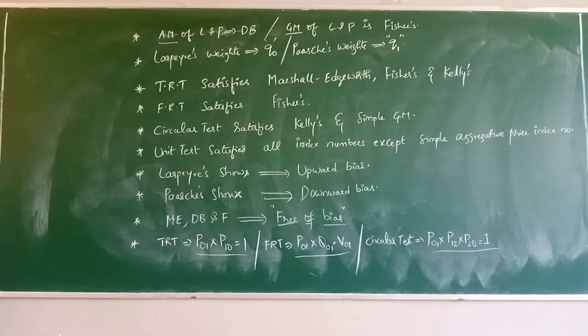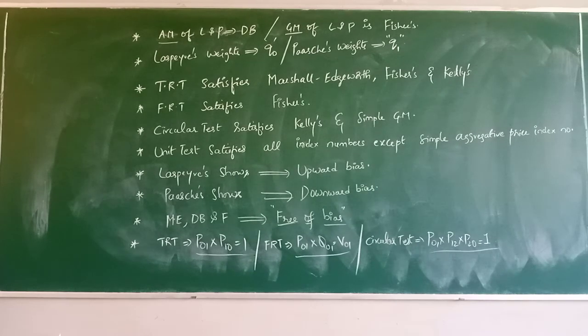Do not write the formula. After mentioning the statement, if you write the formula, that is fine. But do not conclude just by writing the formula. That would be the answer for a question like this. Whenever state is asked, the answer has to be written statement wise only. So the relation between Laspeyres, Paasche and Dorbish-Bowley is that the arithmetic mean of Laspeyres and Paasche is Dorbish-Bowley. The same question: state the relation between Laspeyres, Paasche and Fisher's.